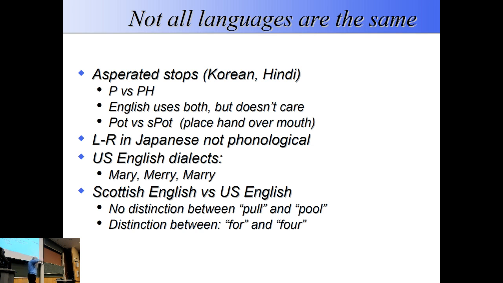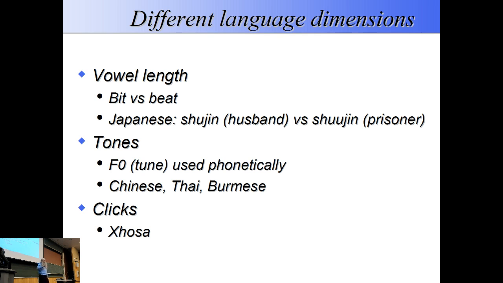But there are other dimensions that make a difference in speech. It's not just about these phoneme things. What we also have is vowel length. In English, we don't really have vowel length, but bit and beat are arguably an example of vowel length. And if you listen to French speakers of English, they will often conflate them. So if they're asking for a sheet of paper, they might not say sheet, they might say something else. Think about it. Oh, right, yes, the next one.